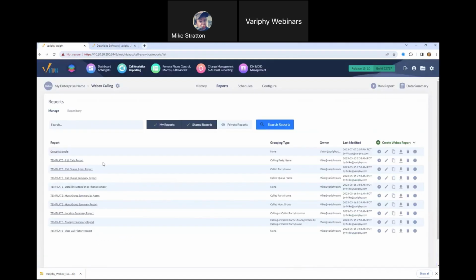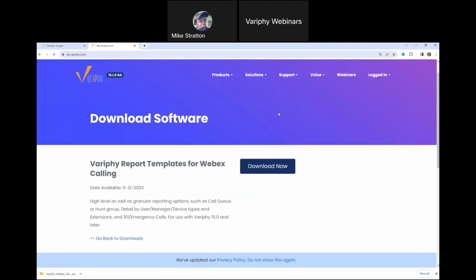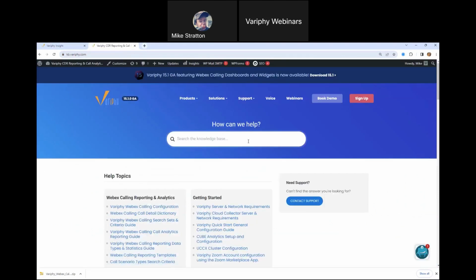So each of these templates in our knowledge base, back to the knowledge base, each of the templates has an article in the knowledge base that will give you information on how to run it, what's included in the report, or any changes you may have to make to the report to run it in your environment. So from the knowledge base, if you type